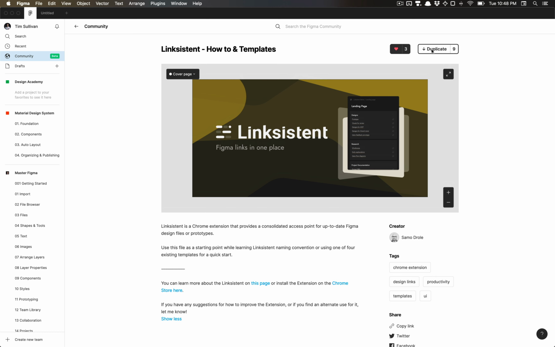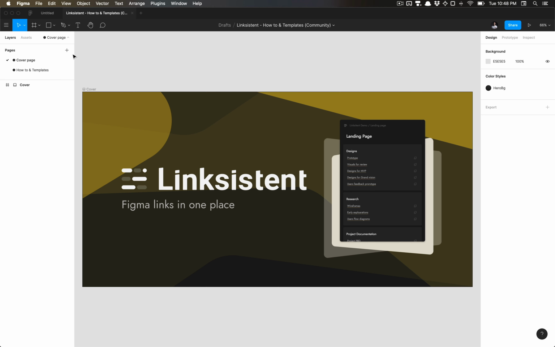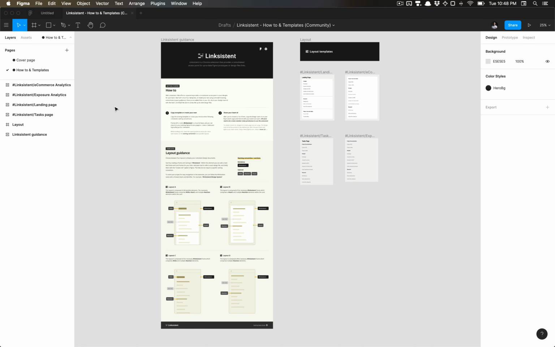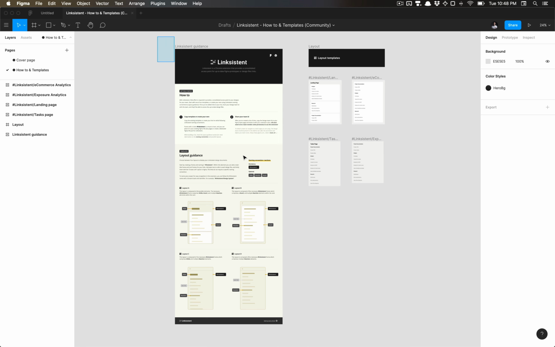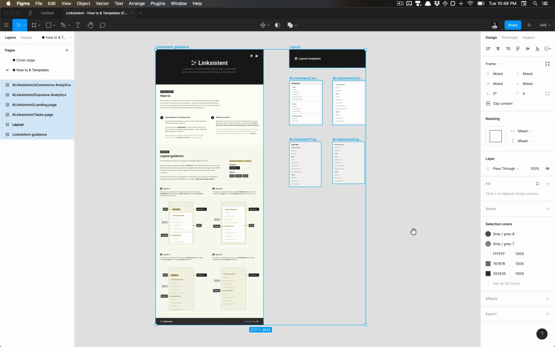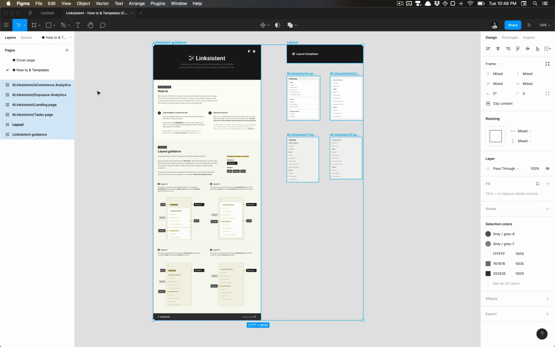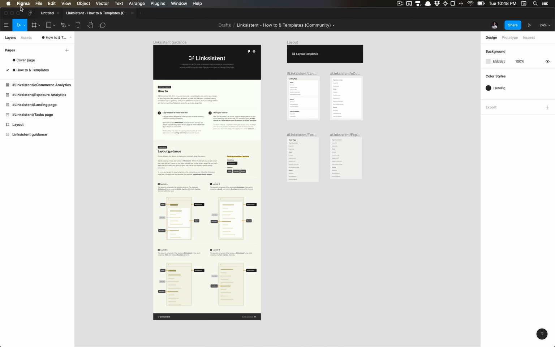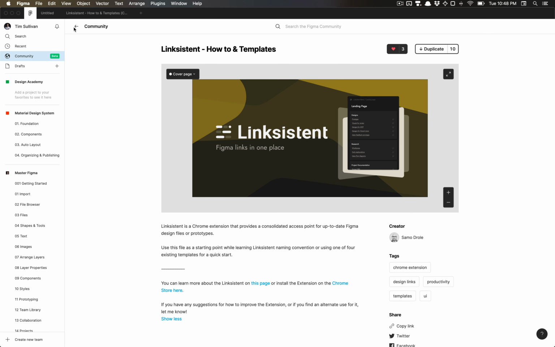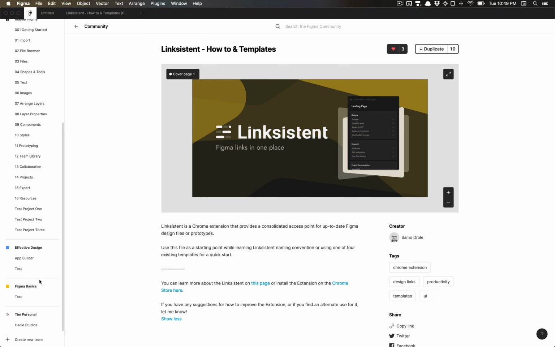Go ahead and click duplicate on that, and what we're going to do is copy the primary contents and then take that over to the file where we want to reference links. So what you'll need to do and identify is wherever you're going to be using this plugin, you'll need to go